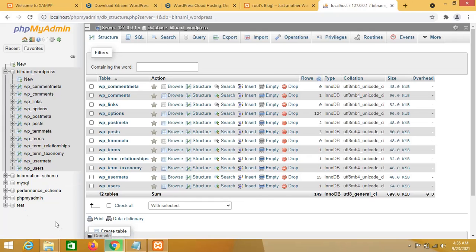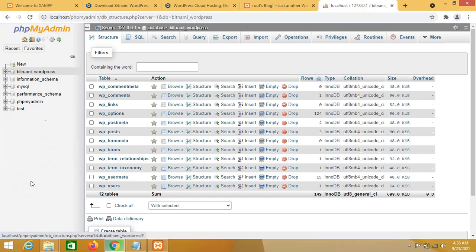But in the first case, when I tried to install WordPress in my localhost by downloading from the wordpress.org website, in that case we need to create a database, but here the database is automatically created.